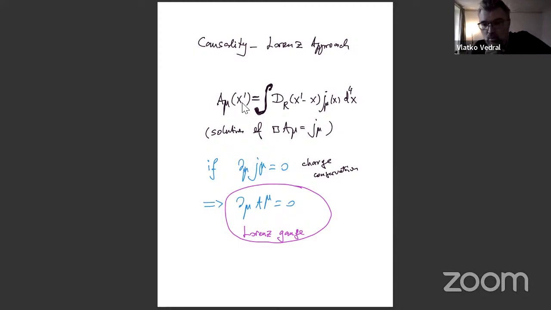But what is interesting, of course, as well, is that if you only leave it at that, you won't get Maxwell's equations, actually. If you only start with this inhomogeneous field equation here, the wave equation for A and the source J on the other side, you will not get only Maxwell's equations. You will get something more general. And then if you now, on top of that, introduce charge conservation,